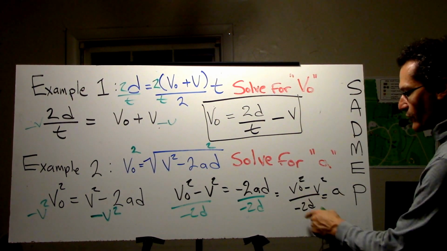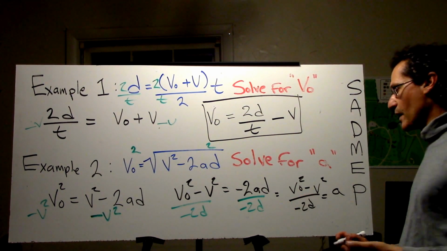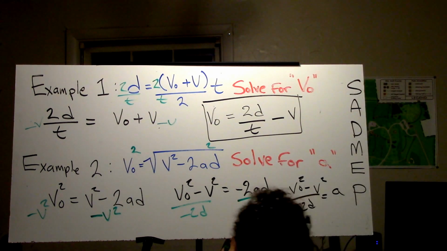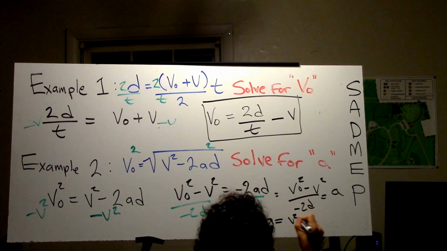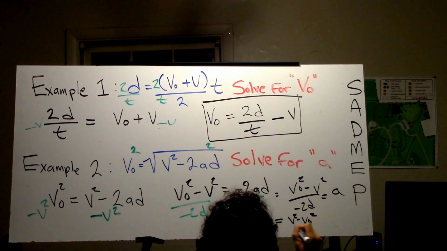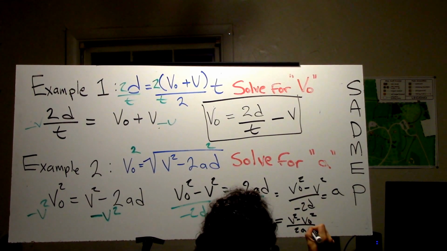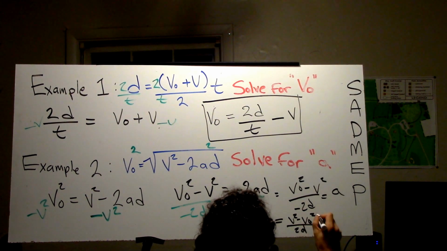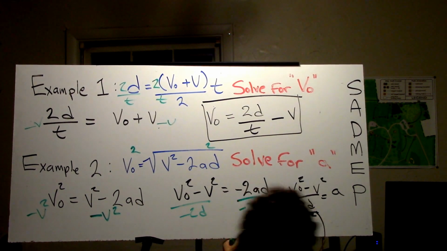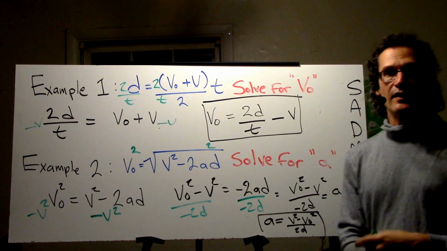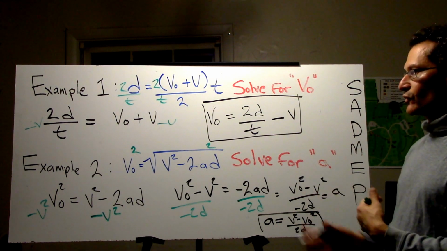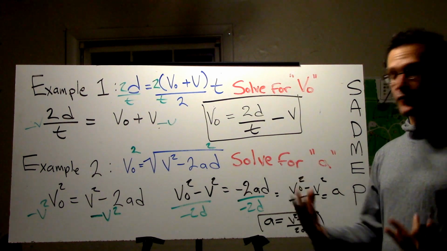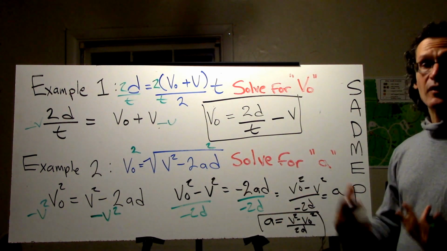Now we could switch this over because I don't really like the negative in the denominator, and we can write a as v squared minus v naught squared over 2d, like so. I'm going to box that in. All right. Hopefully in the picture you'll be able to see that a little bit better, but that's the process using SADMEP to isolate a variable, solve for it symbolically, because we're going to be doing a lot of that